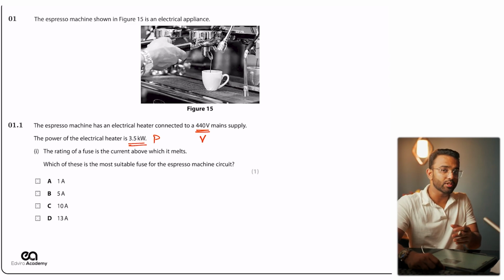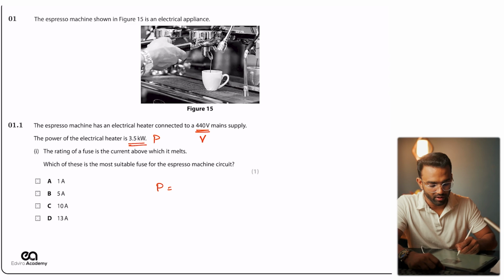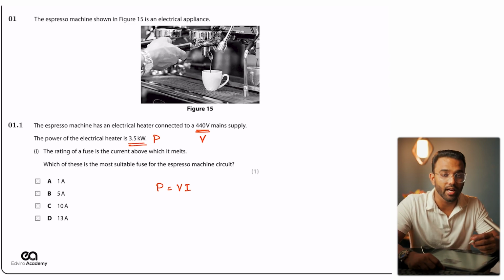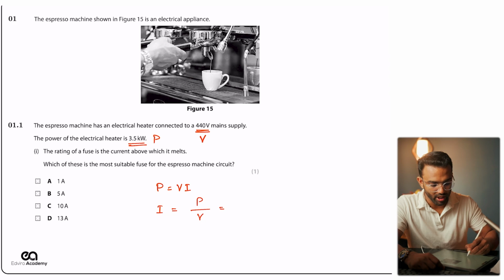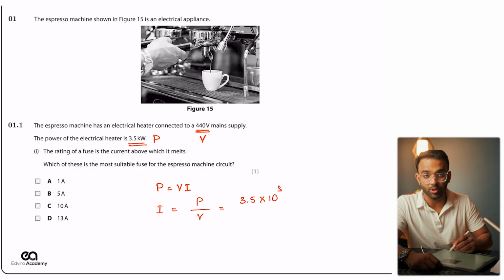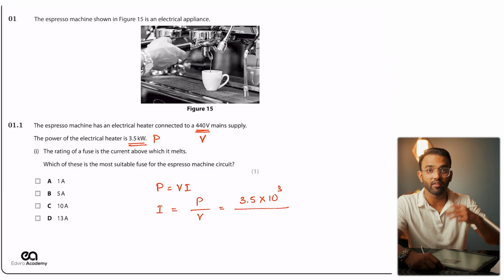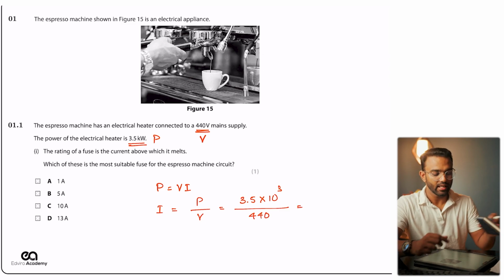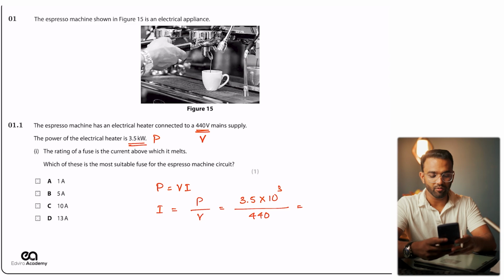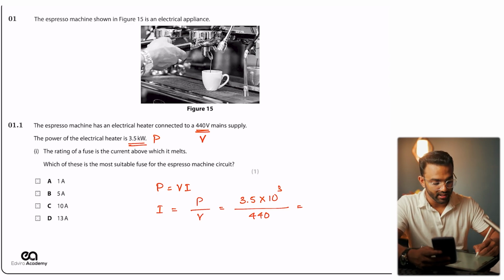So in terms of electricity, there is a formula: power equals VI. Voltage times the current is equal to power. In this case, we're going to make I the subject, so power divided by voltage, and power is 3.5 times 10 to the power of 3. Why is that? Because we have kilowatts, right? We need to convert into normal watts, divided by 440. Put that into your calculator and let's see what you're getting. For me, 3.5 times 10 to the power of 3, which is just multiplying it with 1,000 anyway, divided by 440, giving me a value of